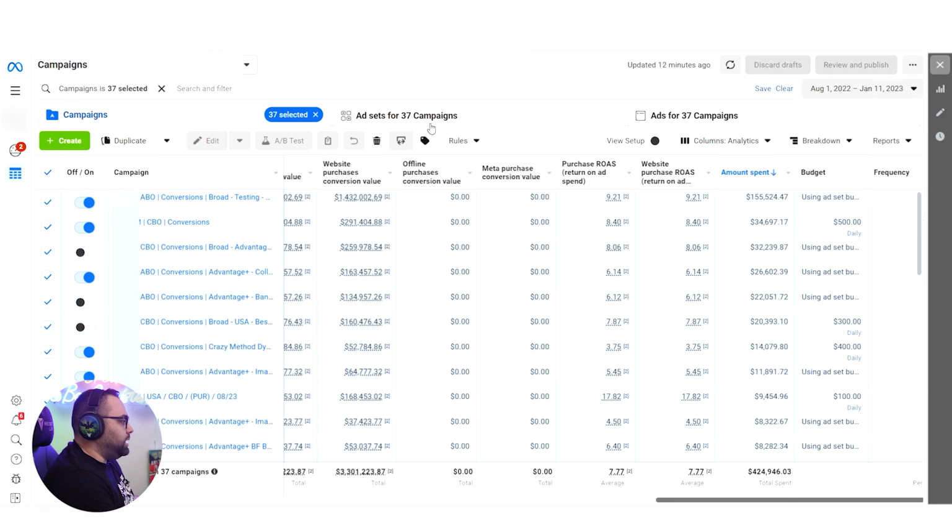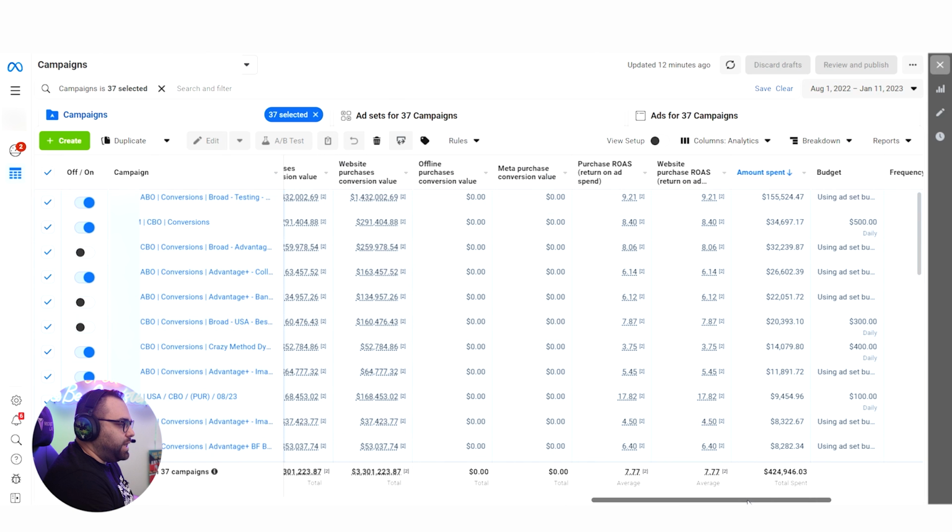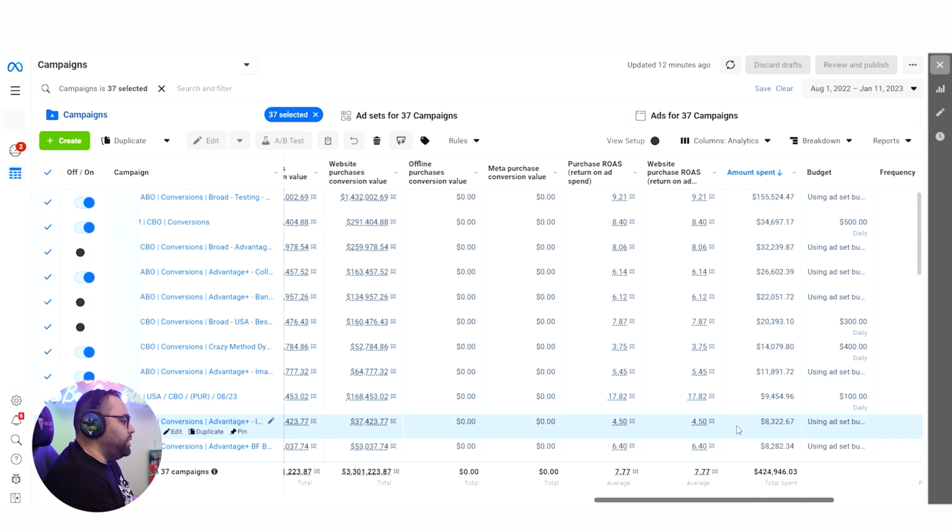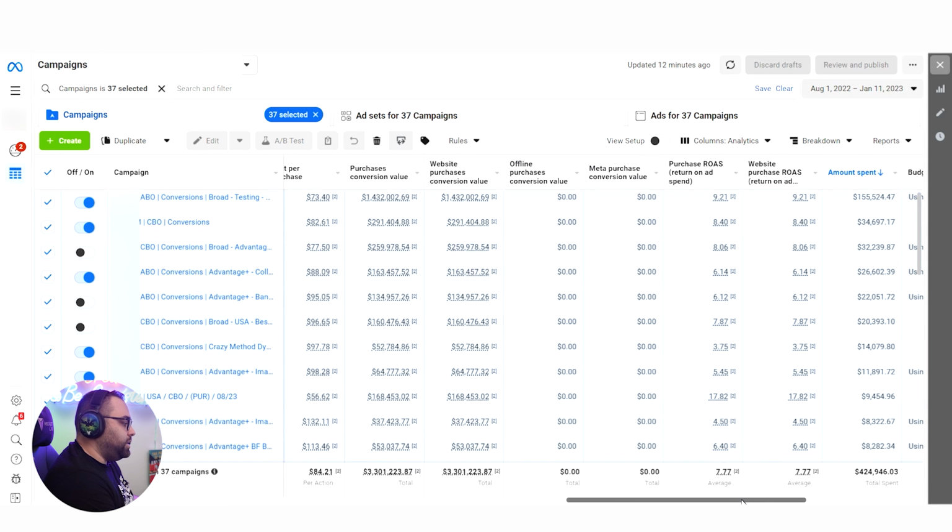So my way of thinking was that in all of this account, and let me actually show you another account. This is another account that I have scaled massively. Again, I have this from August. This is their USA ad account. I have spent 424k, 7.7 ROAS, 3.3 million, very good results. Again, this account was spending like 10 or 20k per month, so it was very big, massive scaling.